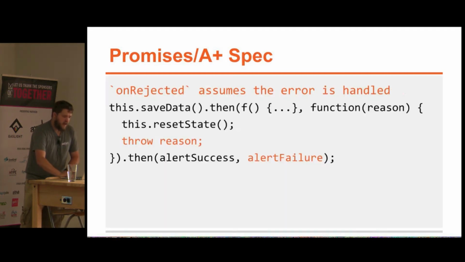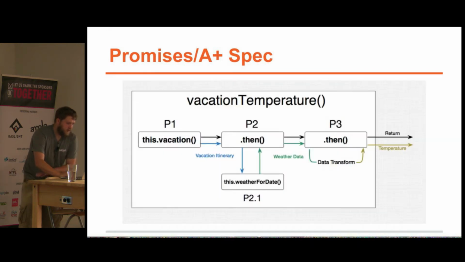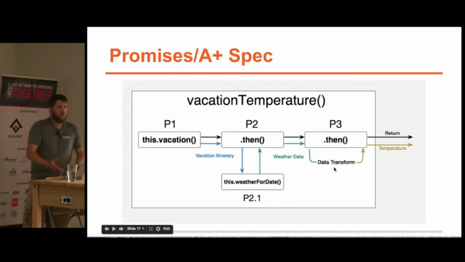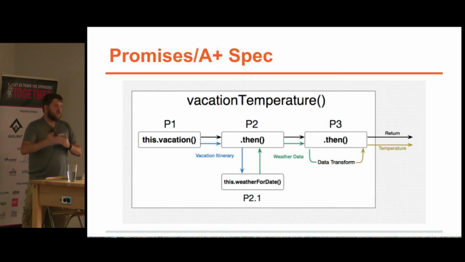So if you back up to the vacation example that I had here, in this case, after the weather data has been fulfilled and it's been looked up, I don't need to do another asynchronous operation. I've just done a data transform and I've returned it. But it shouldn't go on and return it from there. It should go all the way back out as far as it can in the stack so that it's essentially simulating an asynchronous action, because if you don't do that, there are times where you could have different conditions based upon different application state, from one thing exiting before another thing finishes.